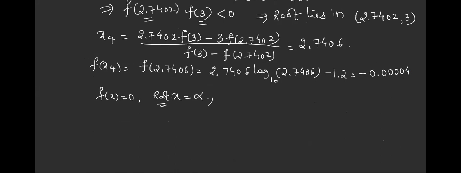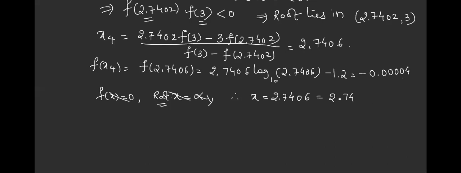Yes, ma'am. Okay. Now you can just conclude and write, therefore x equal to... don't mention it as x4, x3, whatever you have got, and don't go back to any other value. You have to write the last answer, the value of x that you have got. So x equal to 2.7406, which is equal to, I'll write like this. What have they told in the question, it should be rounded off to how many digits? 3 decimal. 3 decimal means after this point, you should write 3 digits.